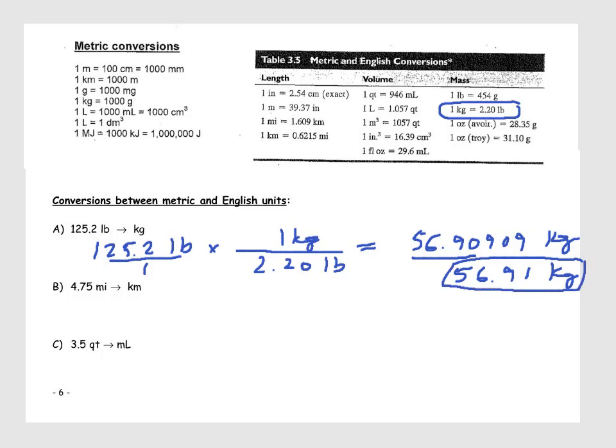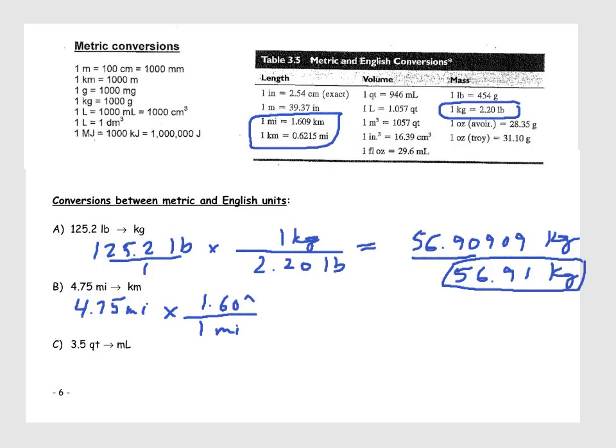Part B, change miles to kilometers. There are in fact 2 different conversions you can use. Both will give you the same answer when you round. So if I start off with 4.75 miles, and I want to change it into kilometers, I need a conversion that has both of those units in it. Say I take the one with 1 mile on the bottom, to cancel the mile in the original question,